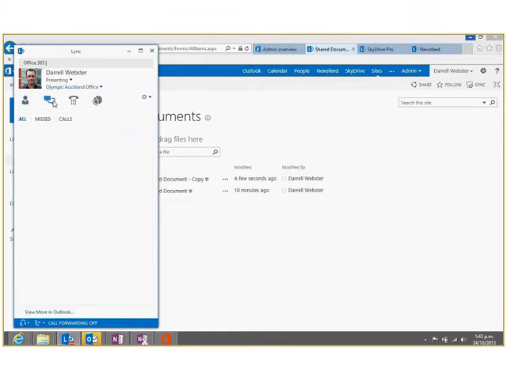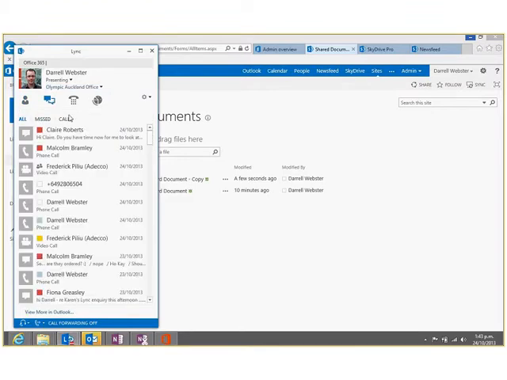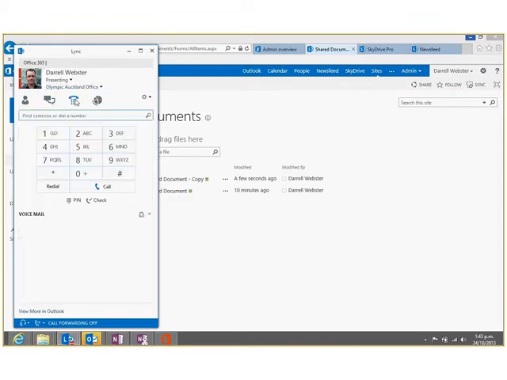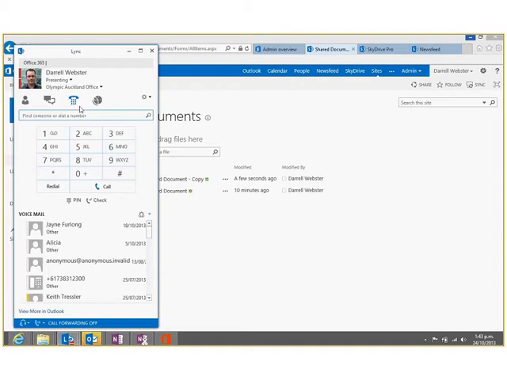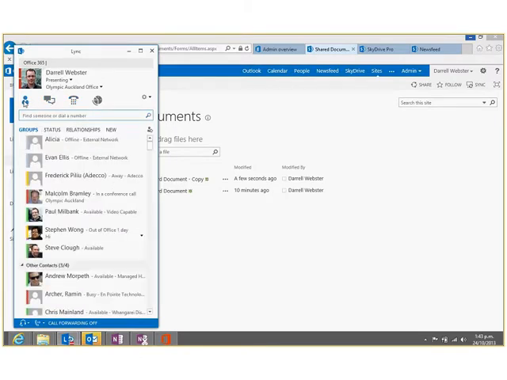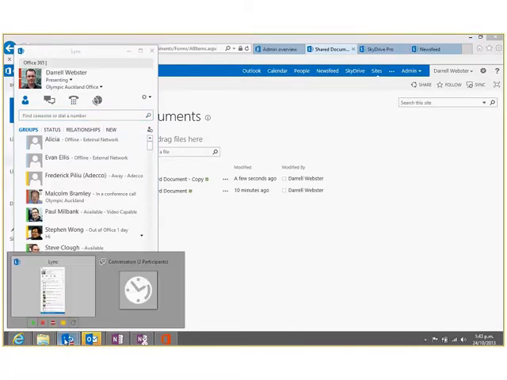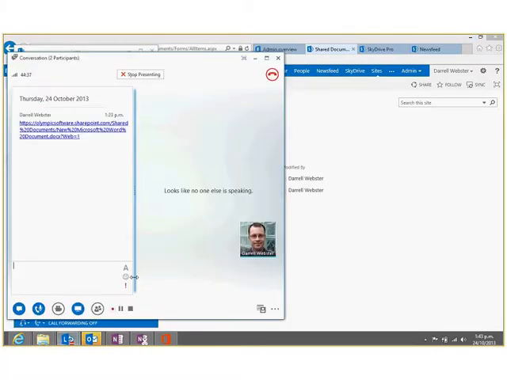We can click through and see some of the usual choices of calls, missed calls. You won't see this choice within Lync Online. We're using Lync connected to a phone system, so we get the ability to make phone calls too. And of course the online meeting choices. So we're running this Lync Online meeting now, we're recording it, and we've got the ability to,